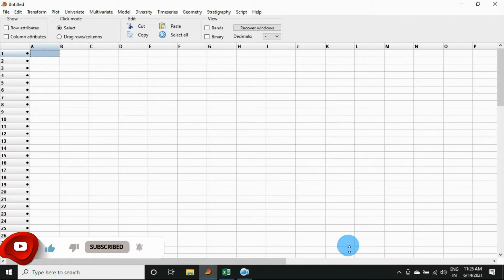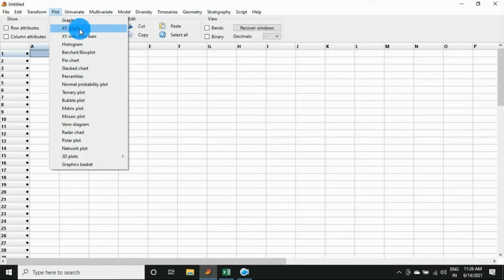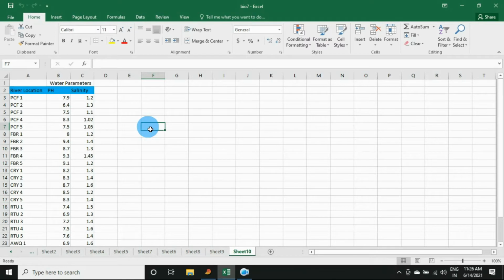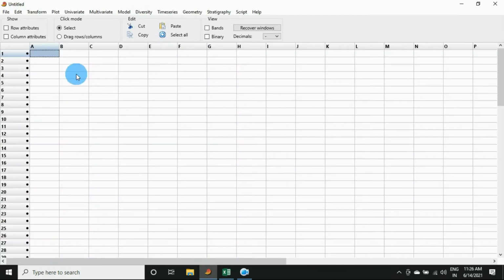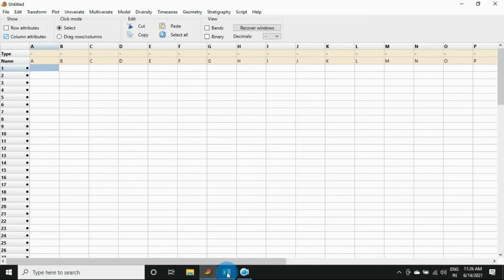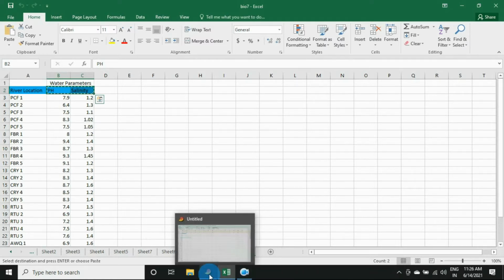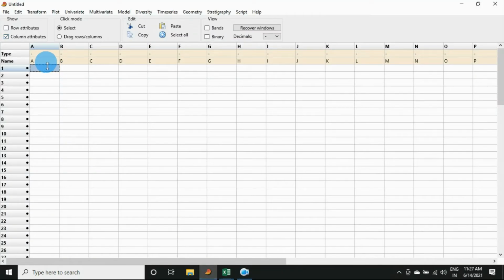Today we discuss the topic: how to draw an XY graph in PAST statistical software. The data is already entered in the Excel sheet. The data is copied to PAST software. To open the PAST software, first click the column attributes, then go to the Excel sheet and copy the variables, the water parameters for the pH and salinity,